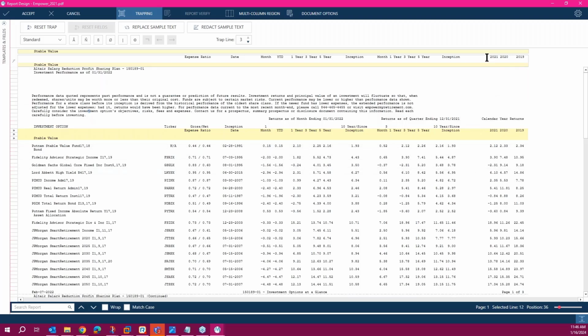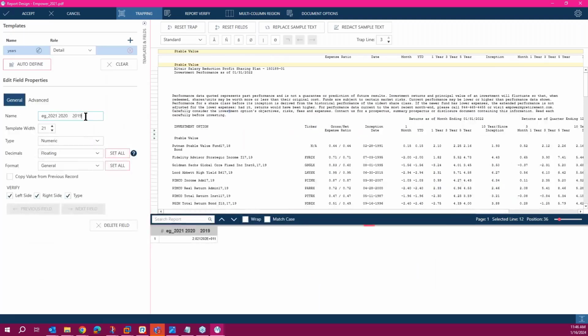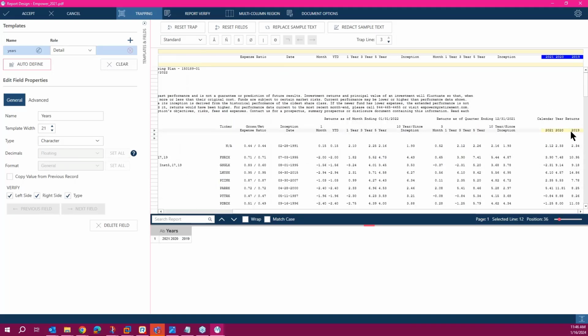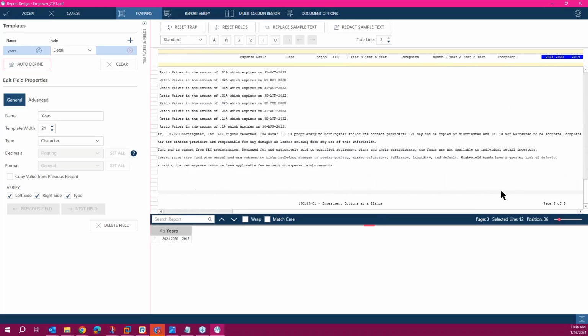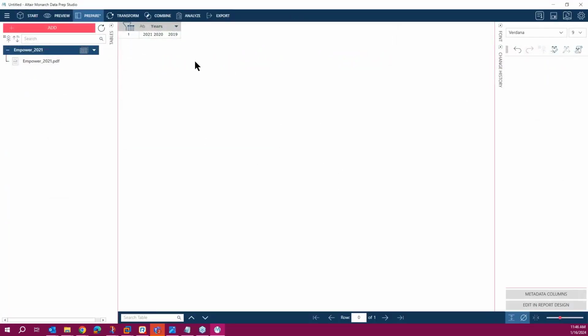So now I can just select my field, the field that I need to select, and call this years. Change that to character, accept. And I don't need to run it through report verify because I know it's just selecting that. It's a 3-page report, the 3 pages report. So and then accept. Okay. So this would be, the table name would be TBL header,